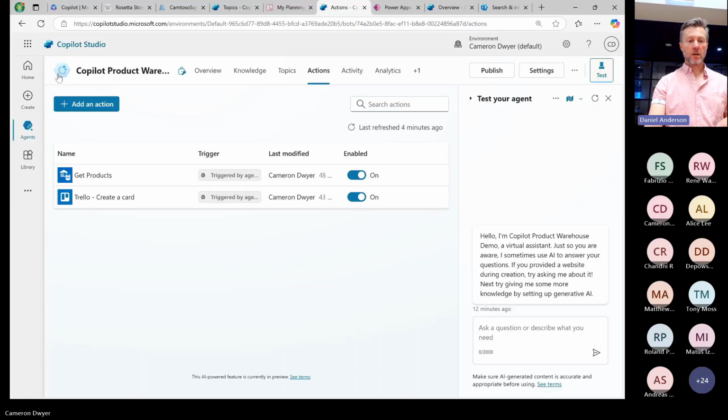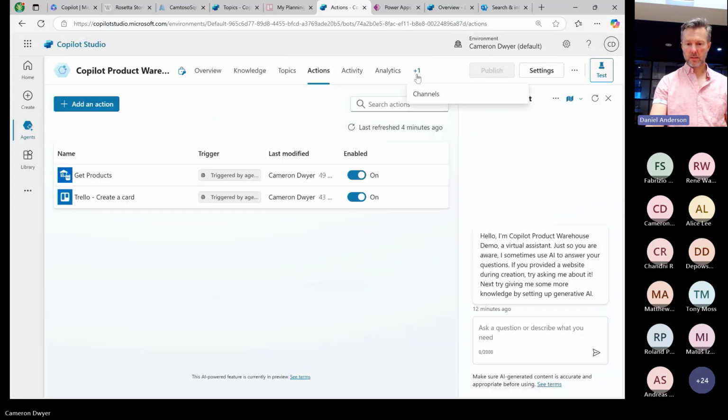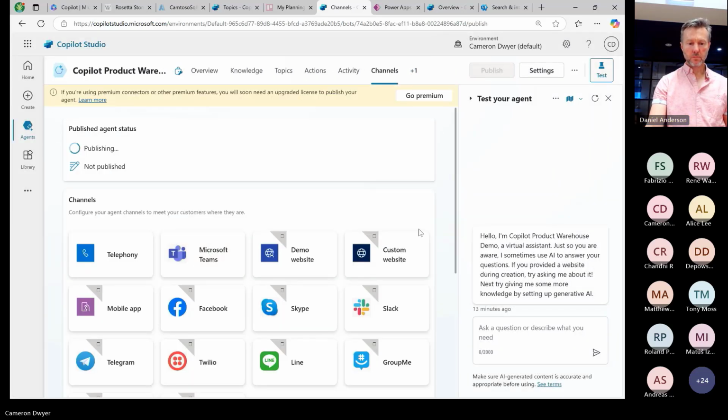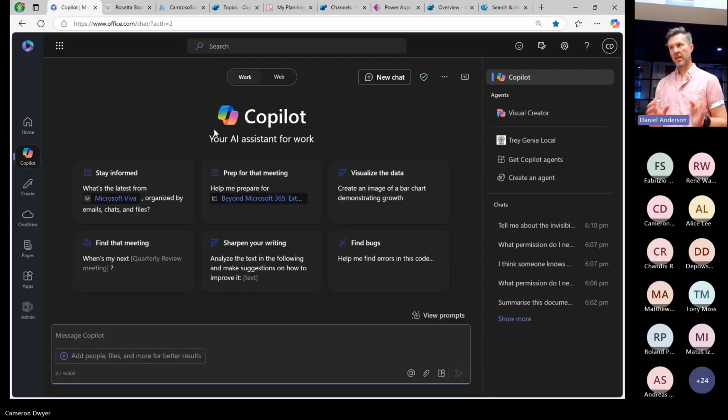But something I didn't show you was how you can publish these. When you go to publish an agent, here, channels. That's what I want to show. Channels is where you want to publish it to. You can publish it to Microsoft Teams, or to a standalone website, hosted on your own custom website, but still a user has to go to it to be able to use it. Whereas if you bring it in through a graph connector, it's just available in the generic experience. That would be one of the big reasons why you go one over the other.